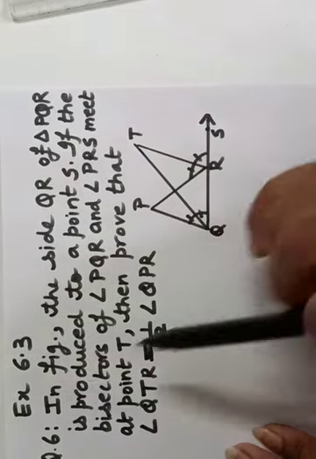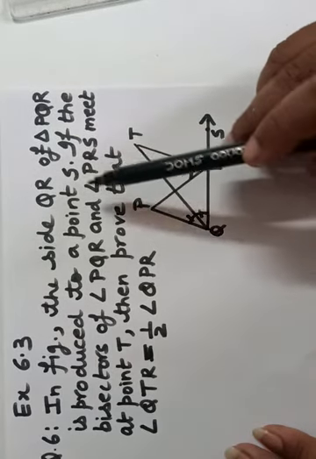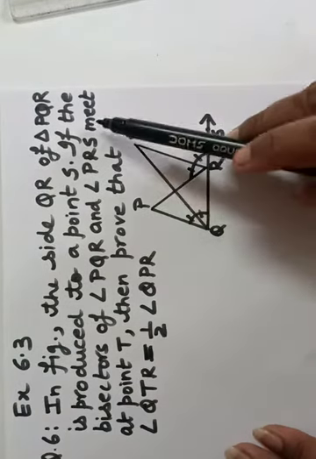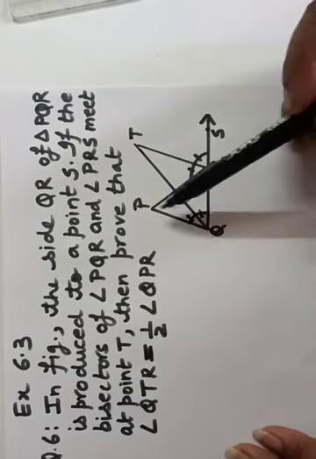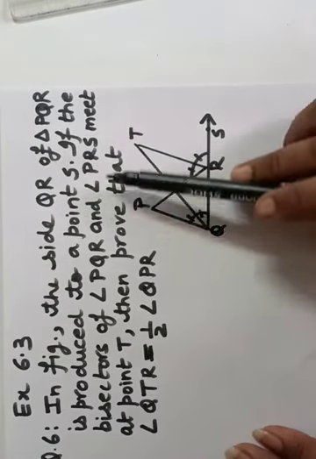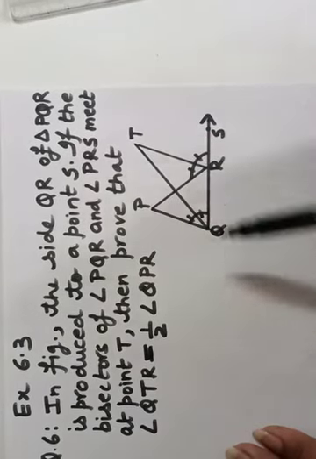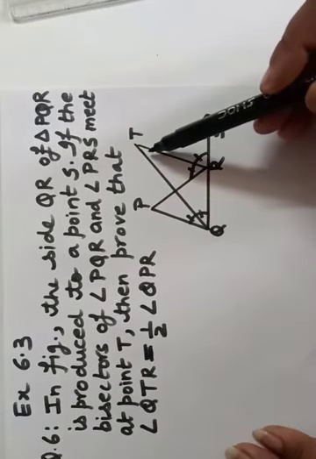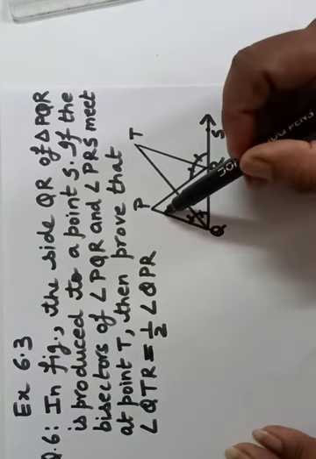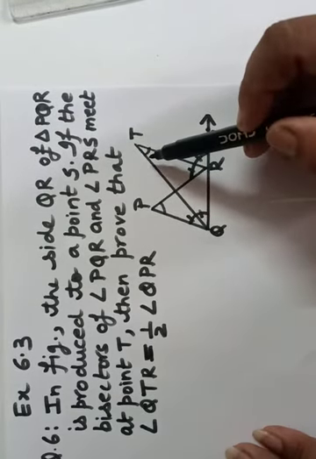I'm reading for you. In figure, the side QR of triangle PQR is produced to a point S. If the bisectors of angle PQR, this QT is the bisector, and angle PRS meet at point T, then prove that angle QTR is equal to half of angle PQR. These two angles we have to prove regarding. Yes,